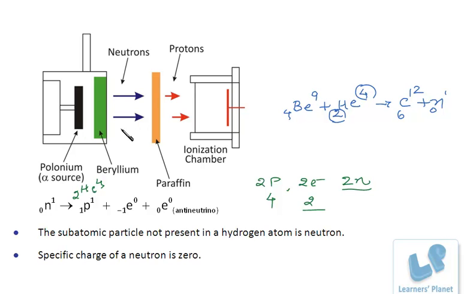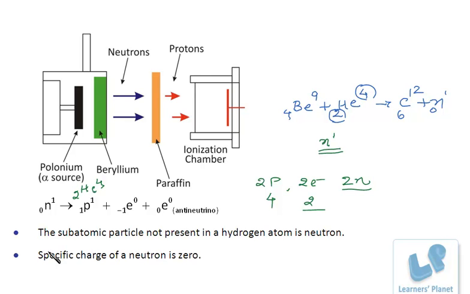And what makes sure that these particles are neutrons? See, this is the reaction. The alpha particle reacting with beryllium, forming carbon-12 with atomic number 6, and 1 neutron. So neutrons are chargeless particles. They have got only mass. Now, these neutrons are unstable, and what do they do? They decay to produce the proton, the electron and the antineutrino. Now, these pass to the ionization chamber.